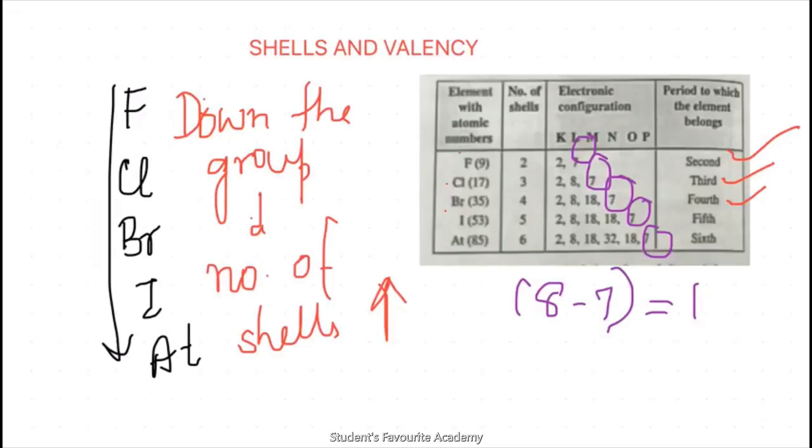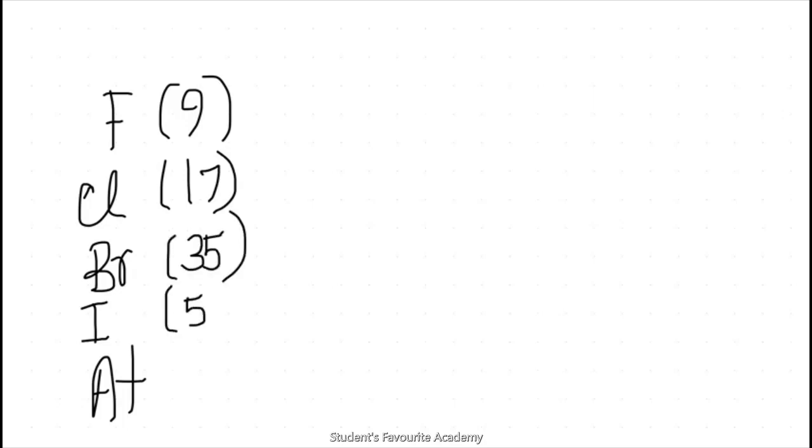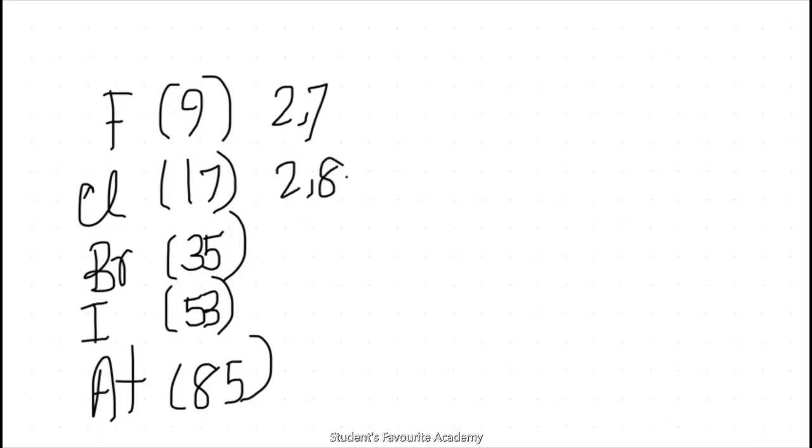Like if I want to explain this, see here, just a second children. Suppose I take the elements F, Cl, Br, then I have I, and then I have At, that is astatine. Then this is my atomic number, here it happens to be 9, this is 17, this is 35, this is 53, and this is 85. Now if I move to the electronic configuration children, this is 2,7, this is 2,8,7, this is